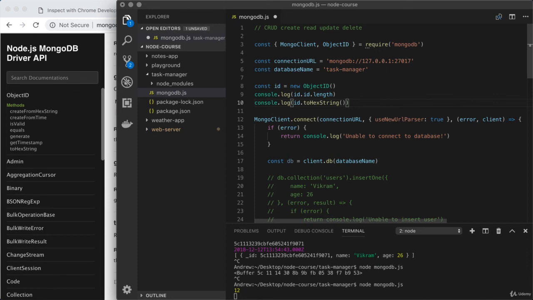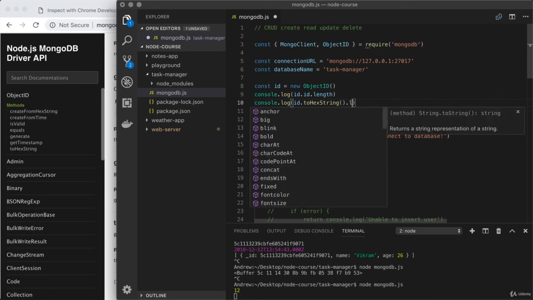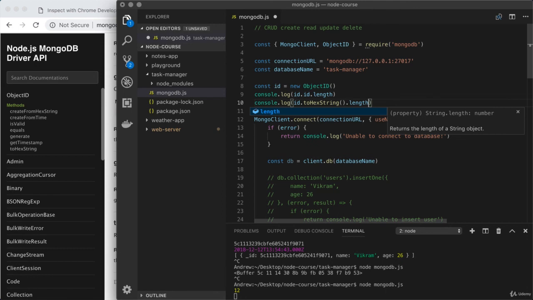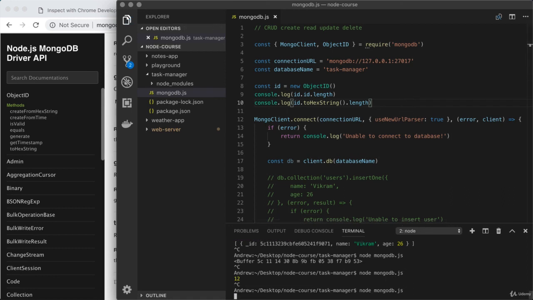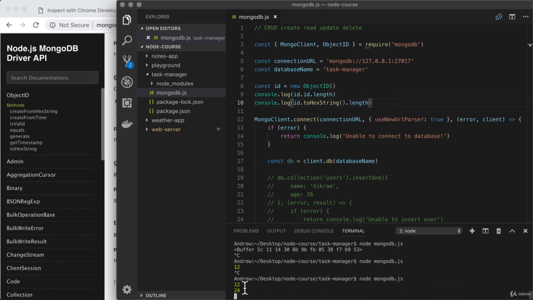That's going to return the string representation, and all we're going to do is check its length. So right here, we're printing the original object ID length, then the length of the string representation. I'm going to save the program. I'm going to shut things down. I'm going to restart it, and right here, we can see that the original representation was just 12, while the string representation was double in size at 24.